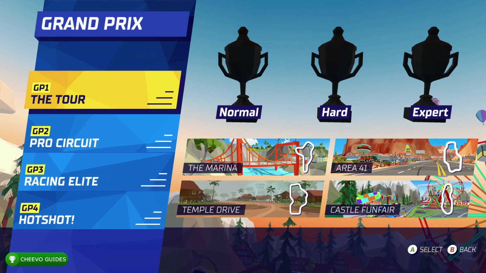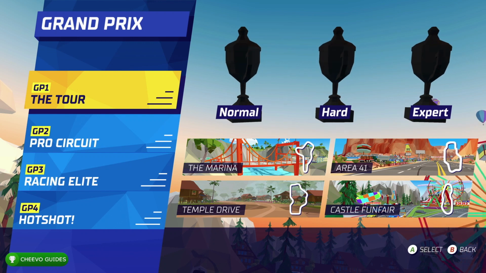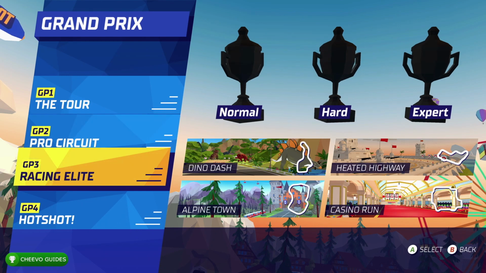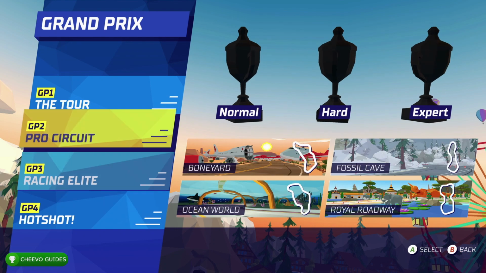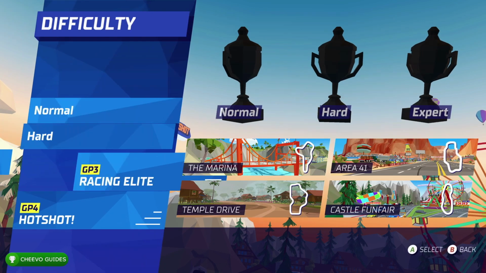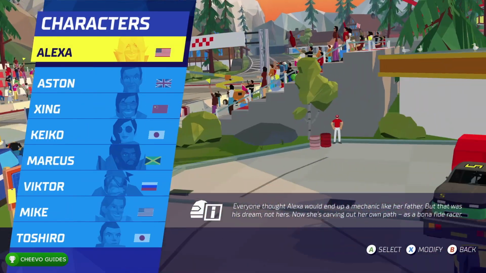Prix mode. The classic Grand Prix mode, kind of like Mario Kart, reminds me a lot of Mario Kart story mode. So there's a couple different ones. There's the Tour, Pro Circuit, Racing Elite, and then Hotshot. Each of these Grand Prix have 4 individual tracks or races. So I'm going to go ahead and show you guys the Tour Grand Prix, and we're going to go on